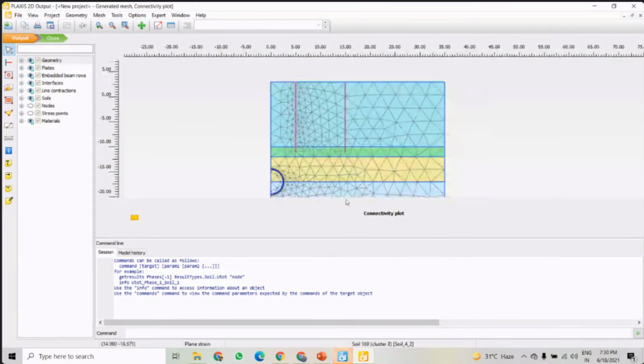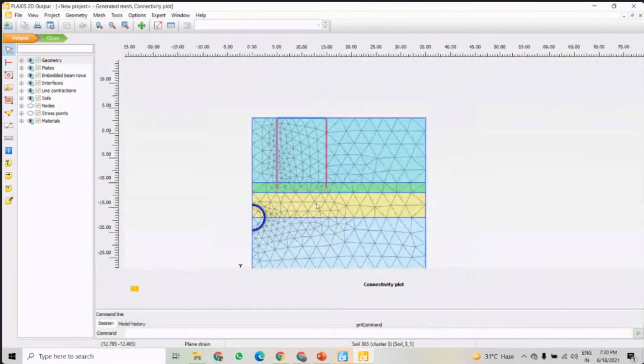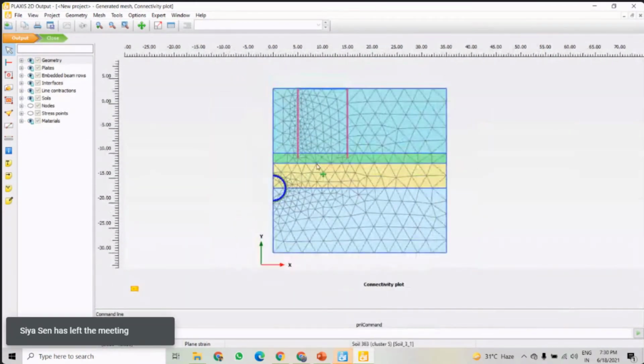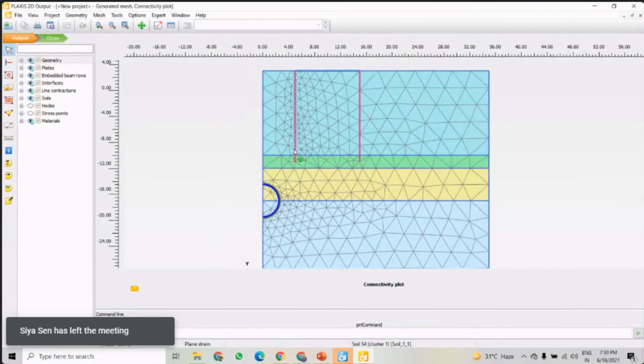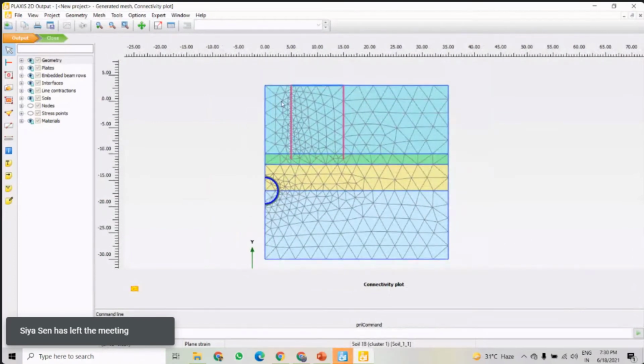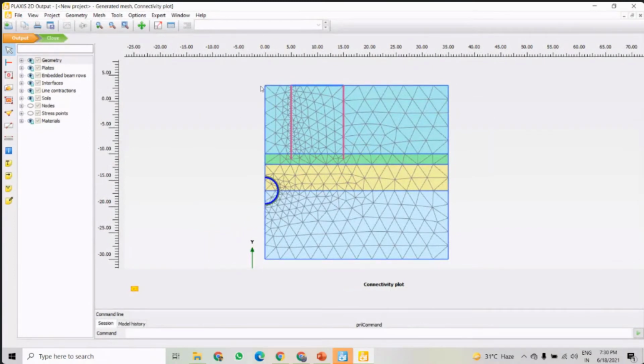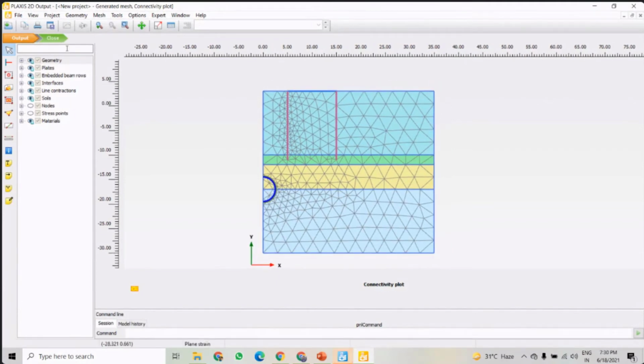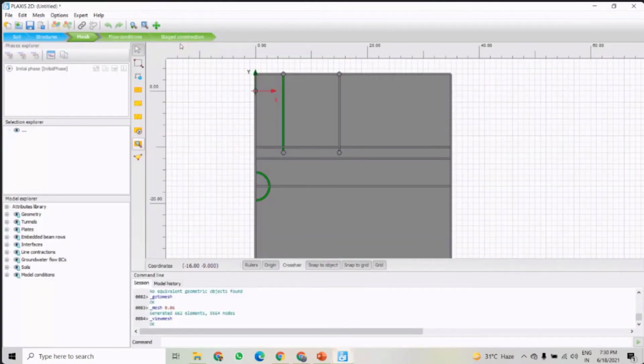Yeah, now it is done. So this mesh is generated. Now we can see where the settlement will be. Higher settlement will come in this area because of this load, and some settlement will be shown in this tunnel. So now we move to the stage construction or calculation part.